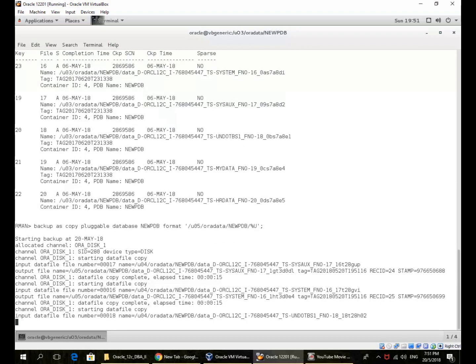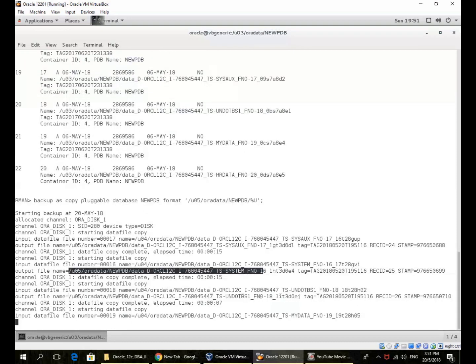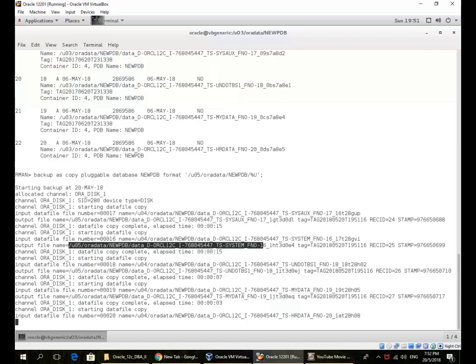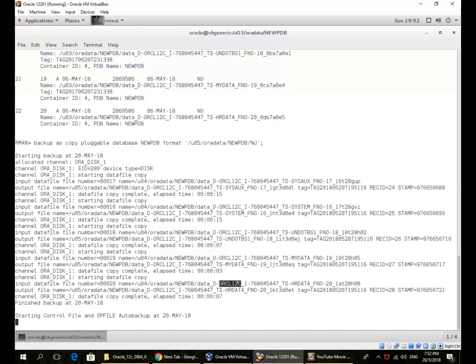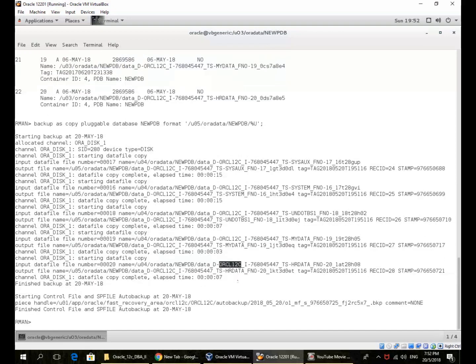So all my data files from U04 are being copied to U05. You can see the new location, U05, and Oracle generates a file name automatically based on the database name, the tablespace name, and the file number. Remember, the ORCL12C is actually the CDB name. So the data file name includes the CDB name, not the PDB name. The PDB name is what I've used in the directory format. But this is the CDB name, and this is the tablespace name, and this is the file number, the file ID. So if I were to list copy of the database again,